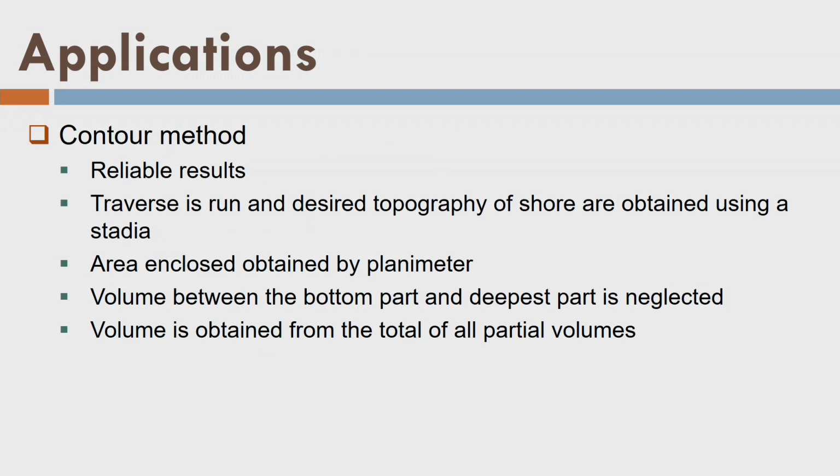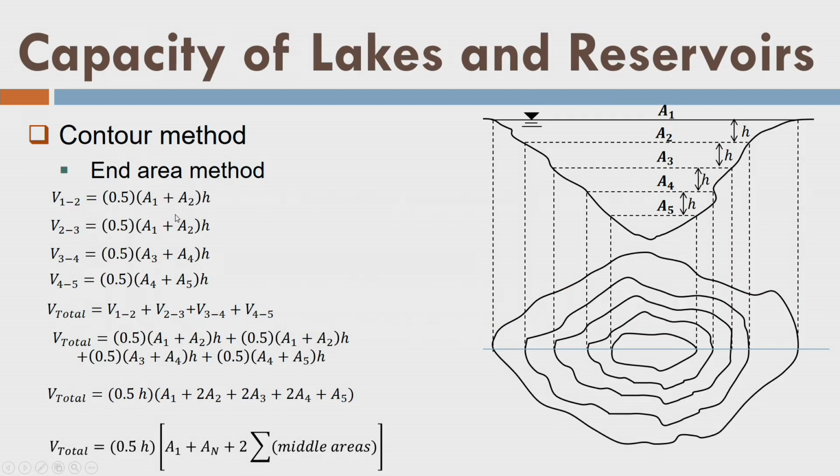Okay. So, the contour method is a very reliable method because it gives you reliable results. So, instead of reading the slide for you, you can read it yourself, but I will explain the method. So, that is my end area method. What do we do basically? We take some map here, and now we draw a section here which is required, where we need to measure the flow or maybe velocity of the water. Now, we develop a section by projecting these lines, and now we get this section as shown here by this line.